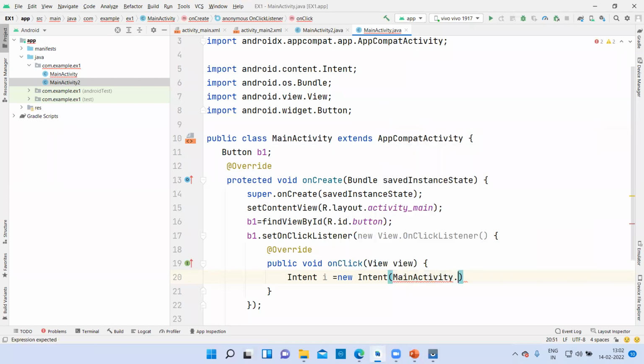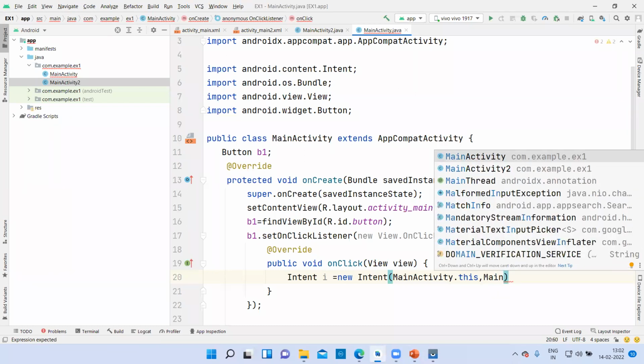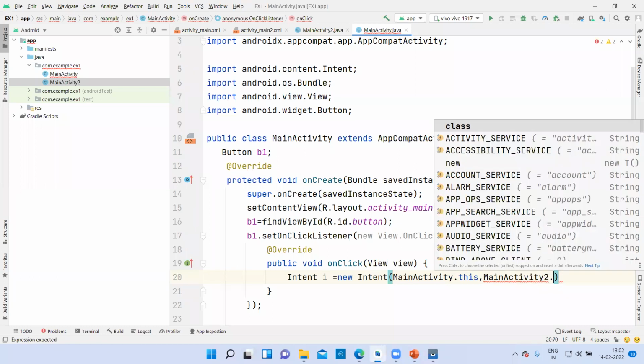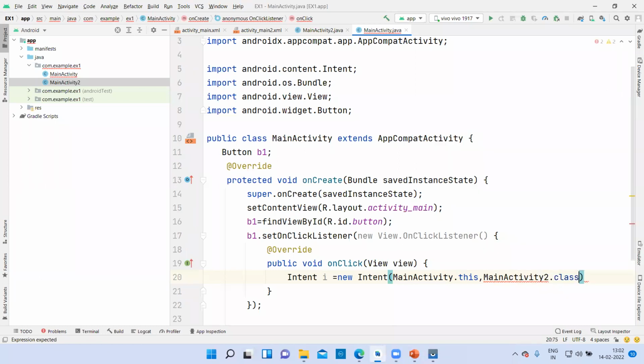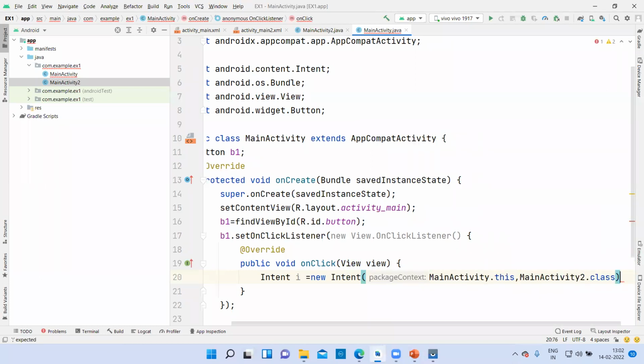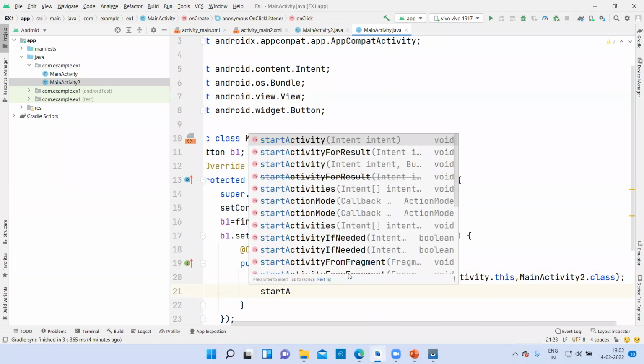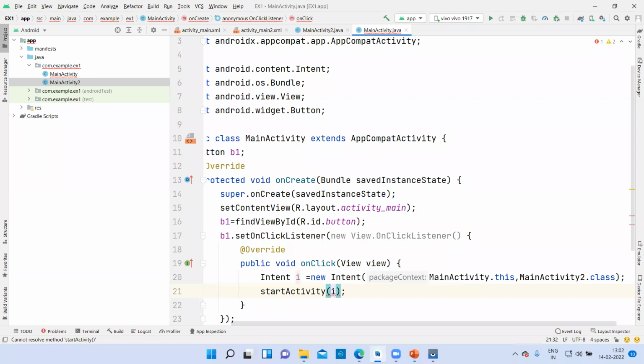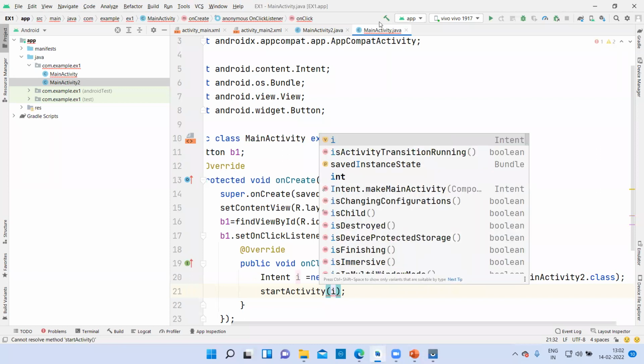MainActivity.this, because you are referring to this activity, comma MainActivity2.class. It will not take MainActivity2.this. We have to give the path that it is a Java file, and you will move. And startActivity(i). That's it. Fine. Now let me compile it.